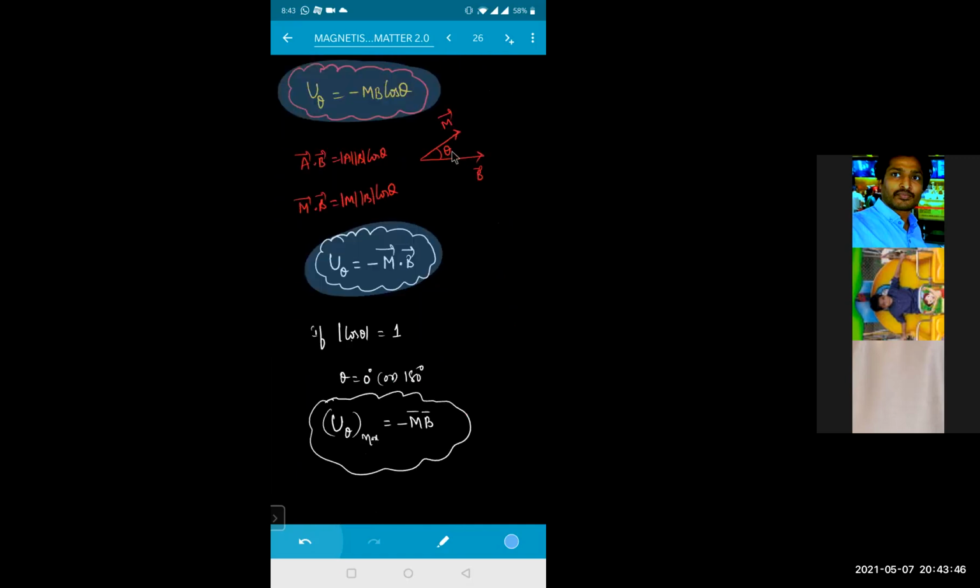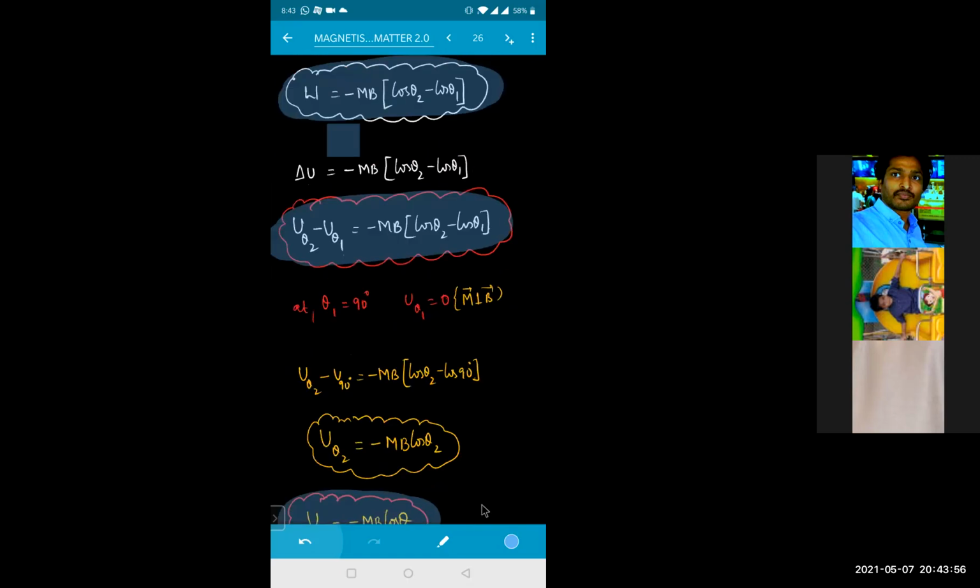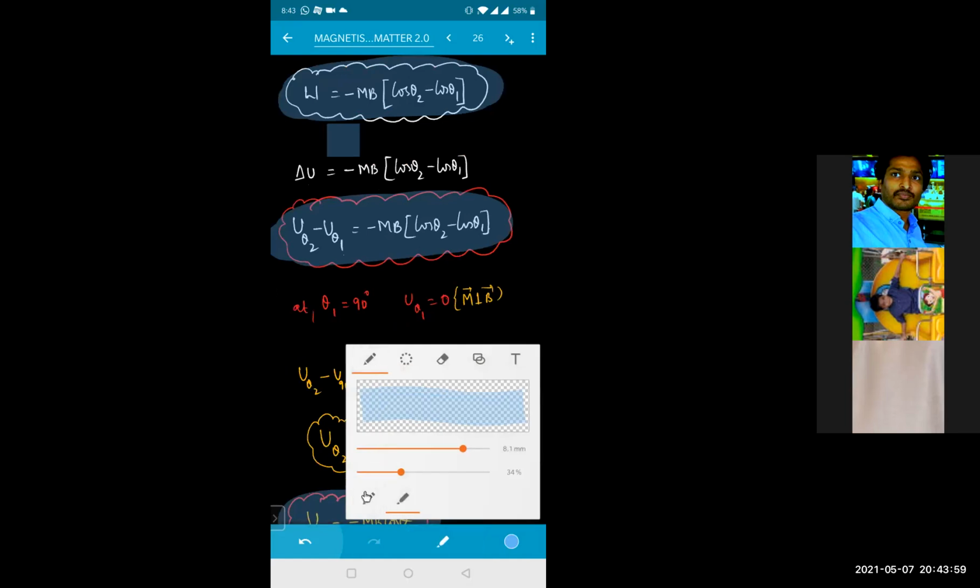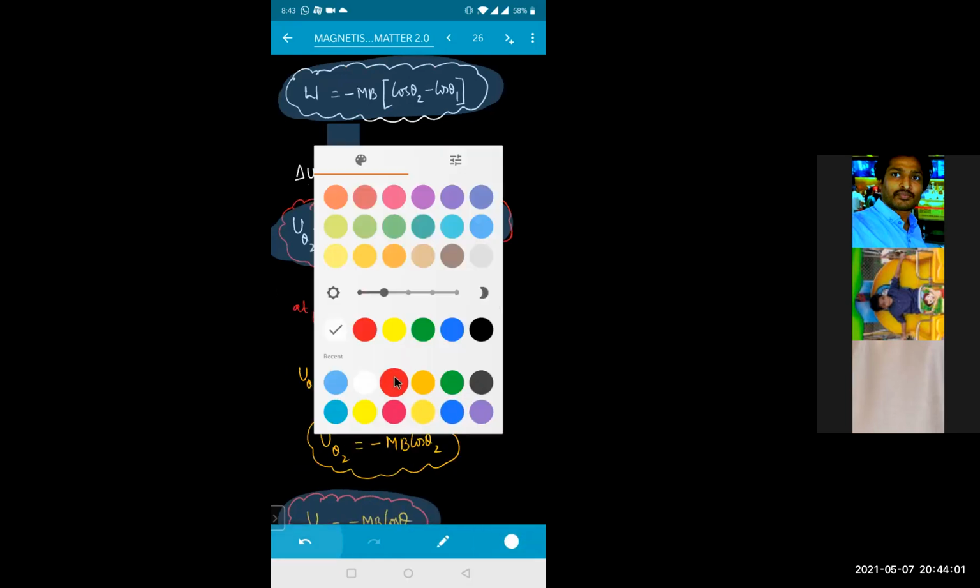Theta is the angle between the magnetic field and the magnetic moment. Theta will be maximum when, beta? When theta is equal to 0 degrees or 180 degrees, or cos theta is maxima. Is that clear? Yes, sir. Sir, I'll just come in 1 minute, sir. Yes, beta. No problem.